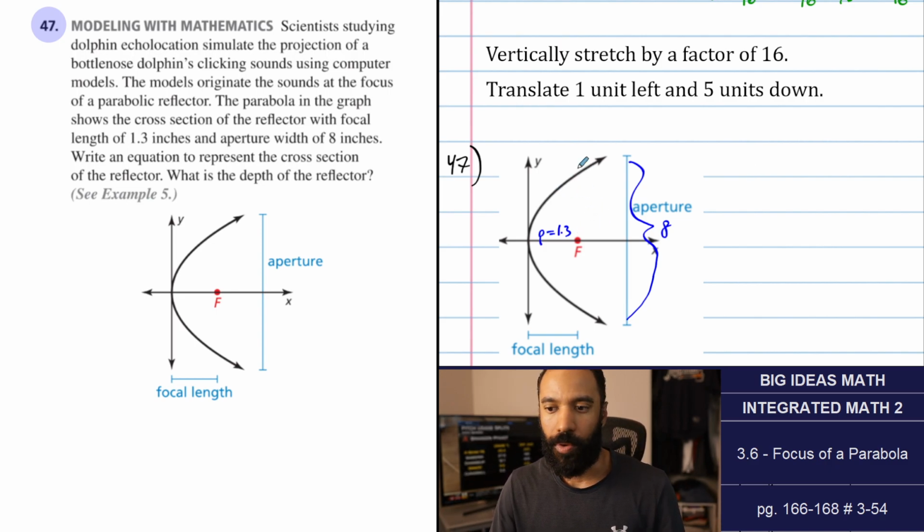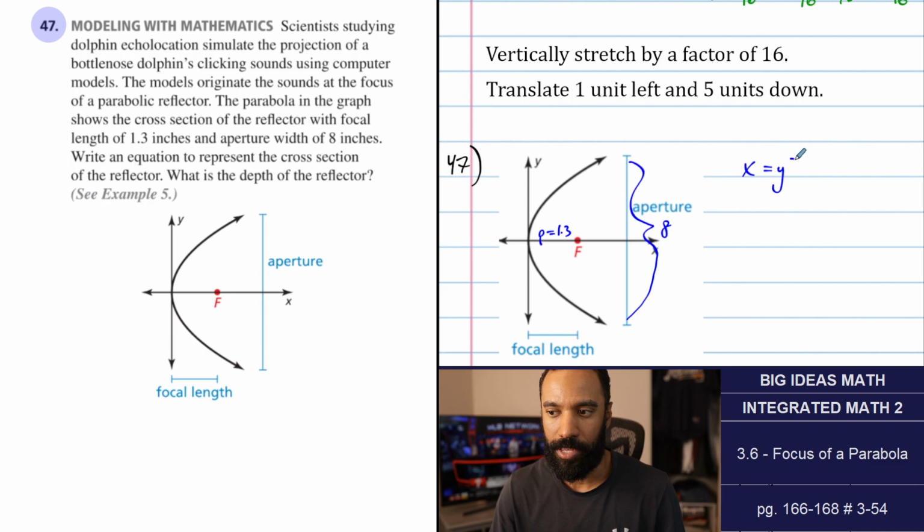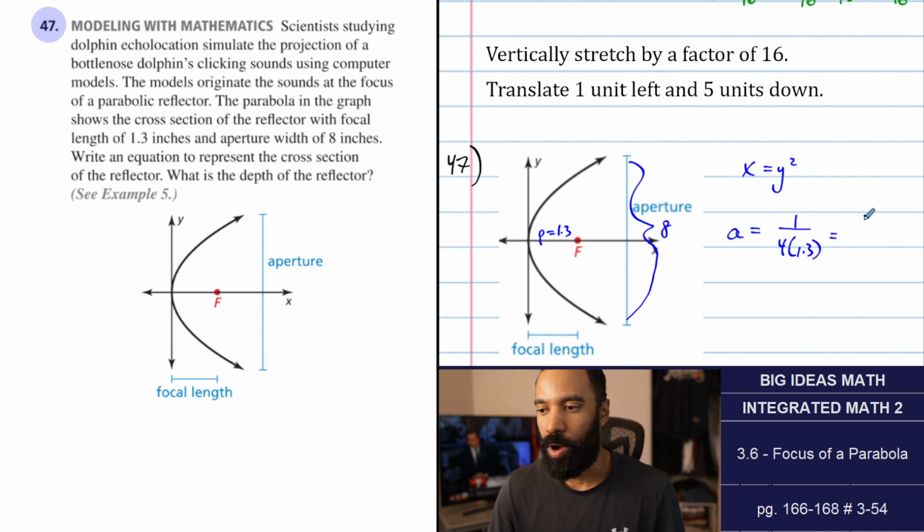Write an equation to represent the cross-section of the reflector. It's all based on A. The vertex is at the origin, so we're good there. It looks like an x equals y squared equation, but A is going to be 1 over 4p. So that's 1 over